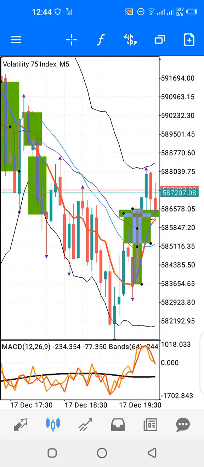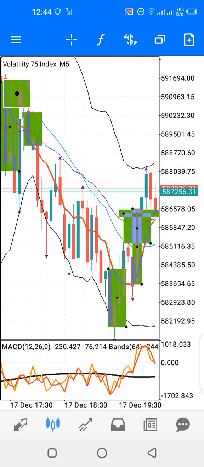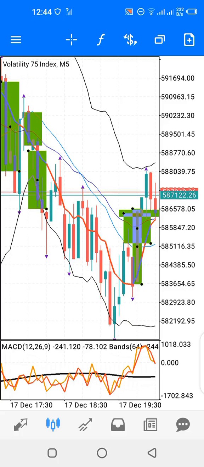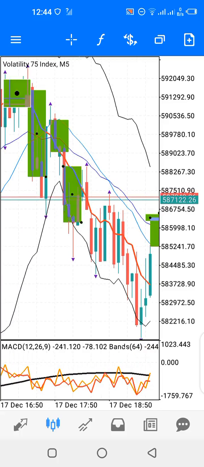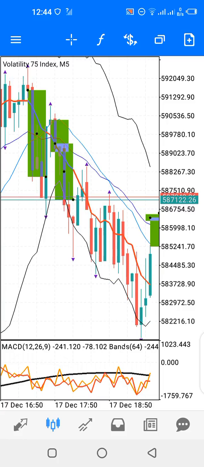You can place a sell trade and then enjoy your profit. Okay, lower band. As soon as you have the lower band lapping, you can sell. Use your sell trade and then ride. All right, and for this kind of situation, your stop loss for the trend ride will be at the high of your,